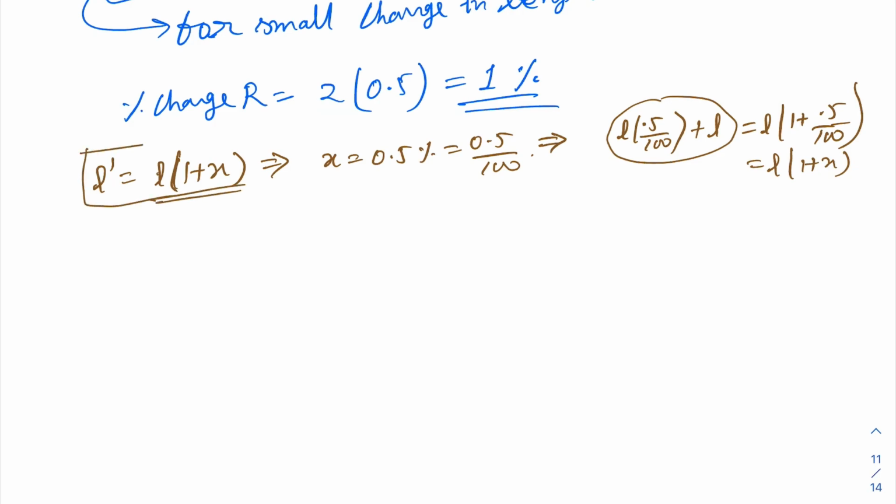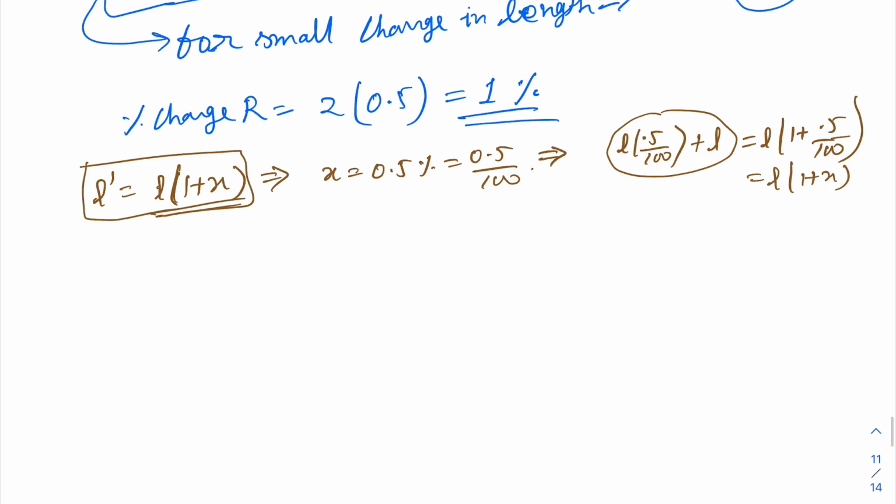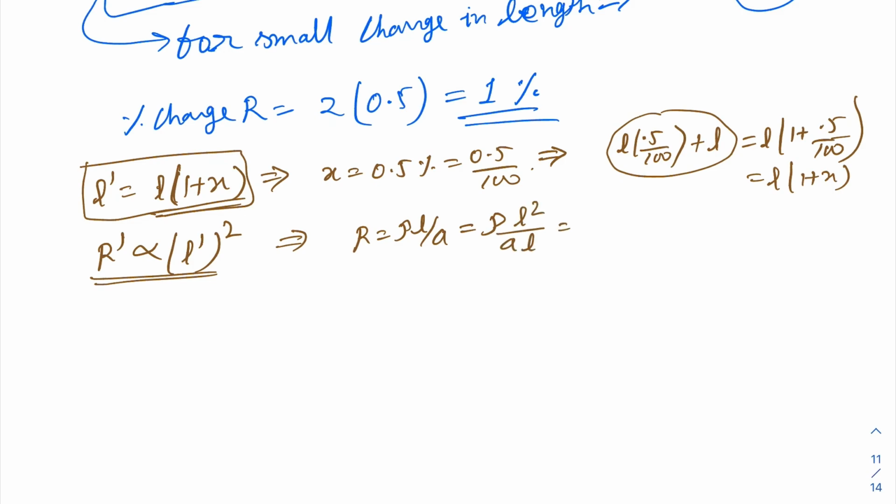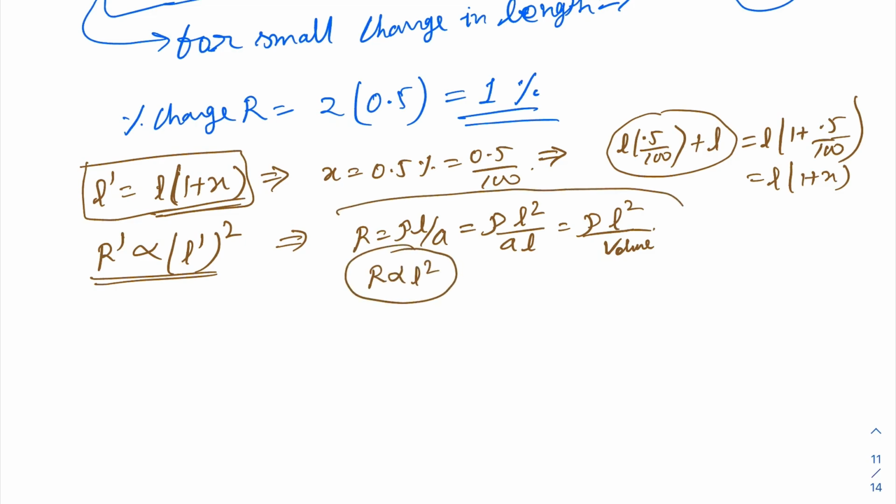तो L इंटू 1 प्लस x, तो L डैश हो गया ये। अब R डैश क्या हो जाएगा, डायरेक्टली प्रोपोर्शनल टू L डैश का स्क्वायर, क्योंकि वॉल्यूम आपका कांस्टेंट है ना। ये कैसे हो गया, रेजिस्टेंस R इक्वल टू ρL बाई A होता है। इसको हम लिख सकते हैं ρL स्क्वायर बाई A इंटू L, और इसको ρL स्क्वायर बाय वॉल्यूम लिख सकते हैं। ठीक है, तो यहाँ पर अगर वॉल्यूम कांस्टेंट है, फिक्स कर दिए तो R इज डायरेक्टली प्रोपोर्शनल टू L स्क्वायर लिख सकते हैं।